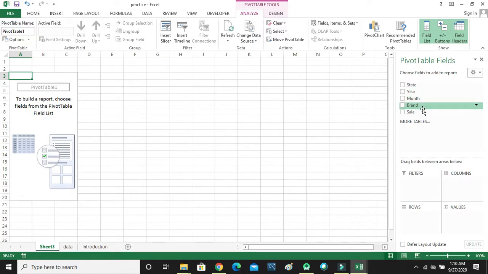Just suppose I want state wise sale, with state in rows, and state wise, year wise and month wise sale. There are four options: filter, columns, rows and values.